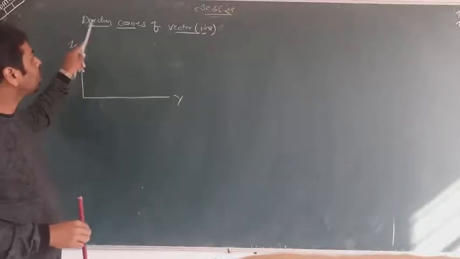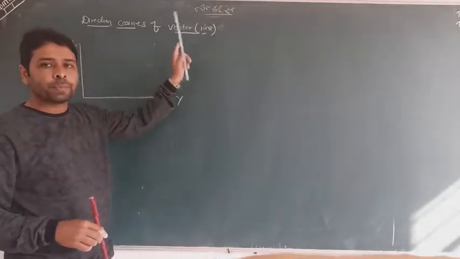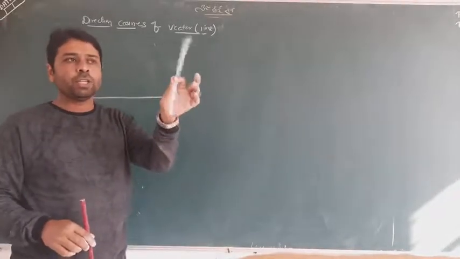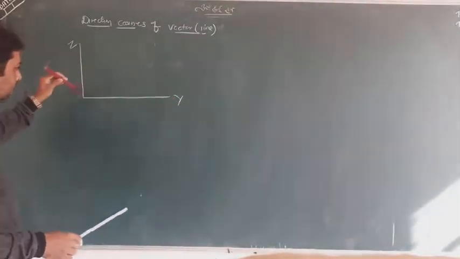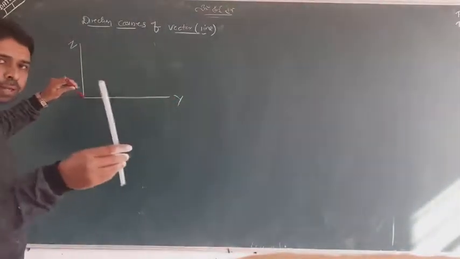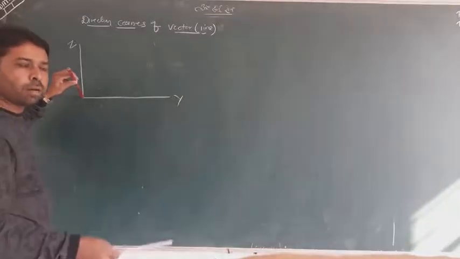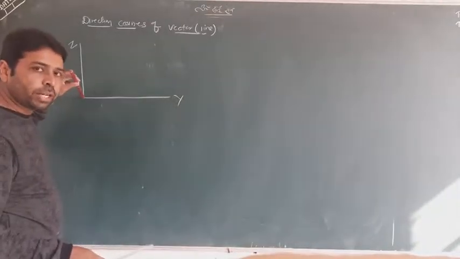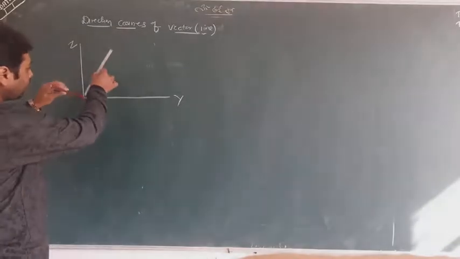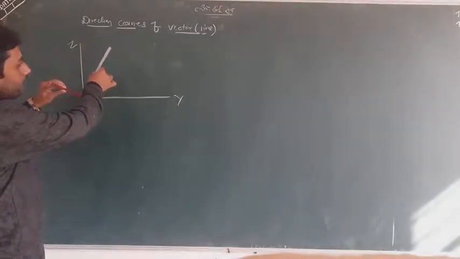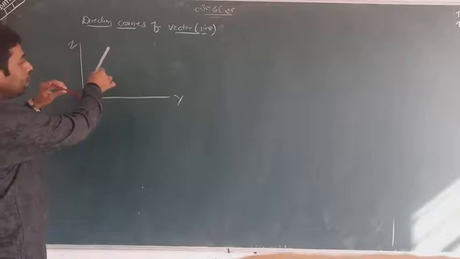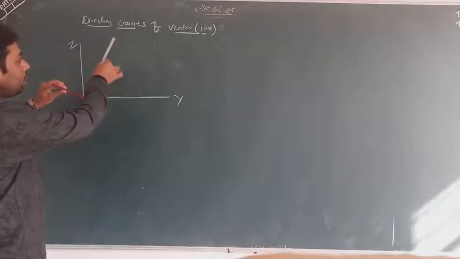Now this is a concept: direction cosine of a line. So this is my line. Initially I am telling you this is my line. This is my x-axis, and the x-axis is here. And this is my line. Intentionally I took the line right here, passing through the origin point. Can you see? This is the line which is passing through the origin point.